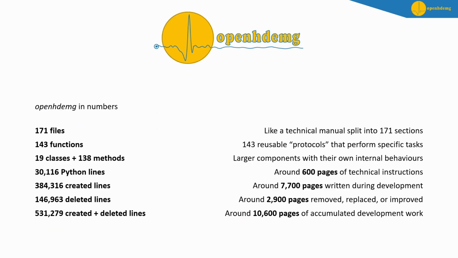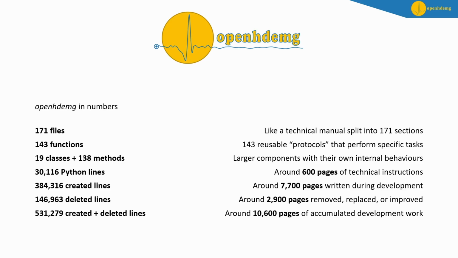Just to let you understand the dimension that the project has reached at the moment, and I hope you will understand that there are good chances that inside it you will find the tools that you need, because at the moment openhdemg is composed of 171 files with 143 functions, 19 classes, and 138 class methods, for a total of 30,000 lines of Python. And over the years, we have created, modified, and deleted about